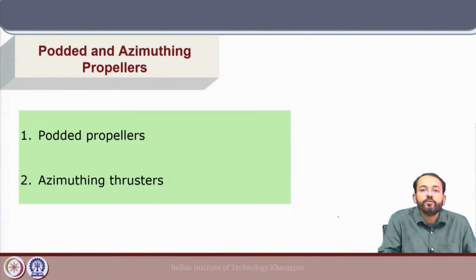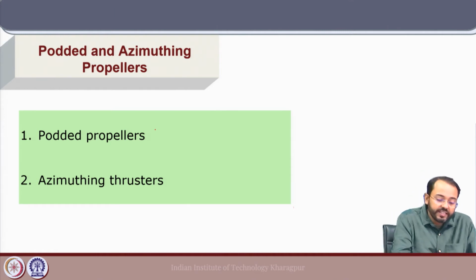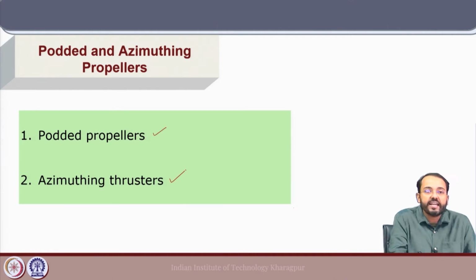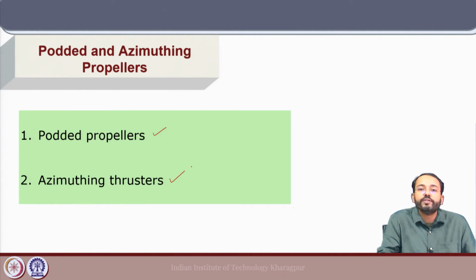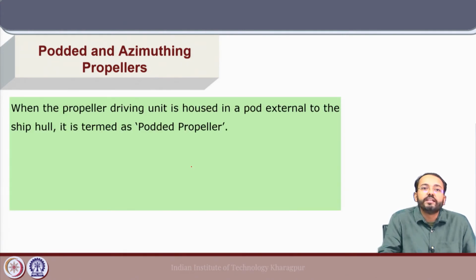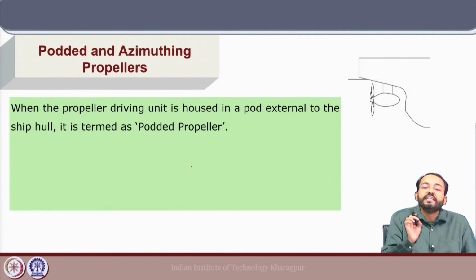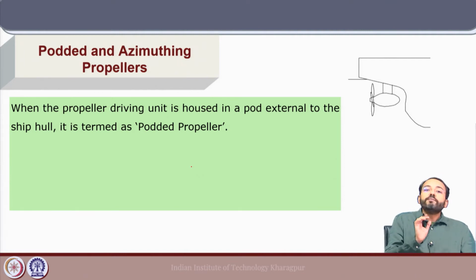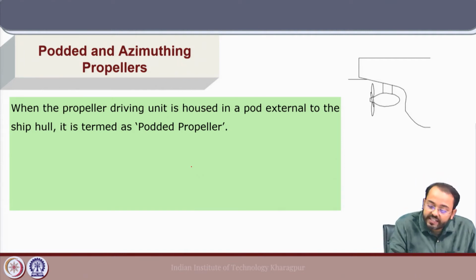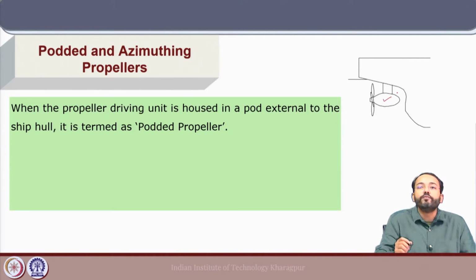Next, we will look into two specific design types, the podded propellers and azimuthing thrusters, which are used for specific vessels depending on their requirements for operations. Now, the podded propeller is a type where the propeller driving unit is housed in a pod which is external